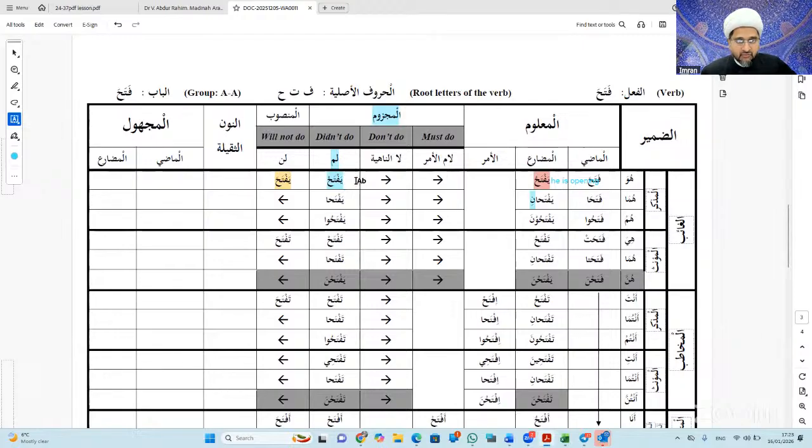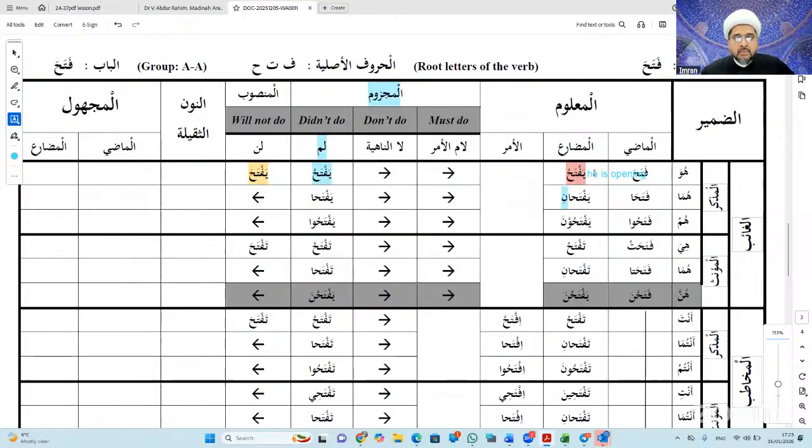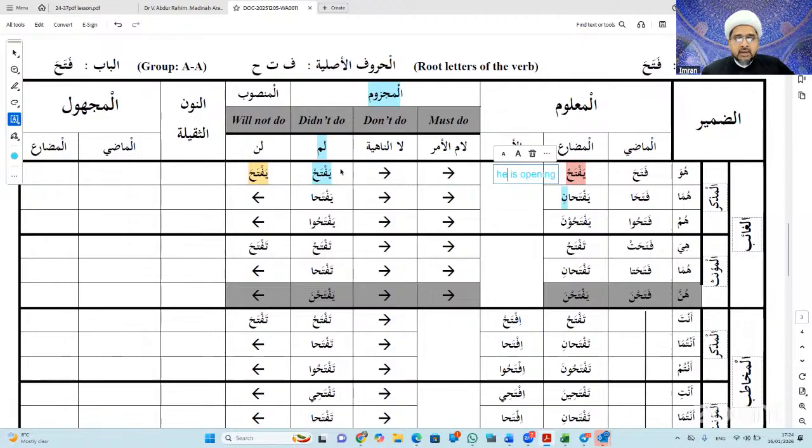So when we say in the front of this, it's to be lam yaftah. What is it? Lam yaftah. It means he did not open. What was the meaning of yaftahu? He's opening. And if I said he didn't or he did not open, is the meaning still present tense? No, it's past tense. He did not open. So whenever lam comes, it changes the meaning of the present tense to